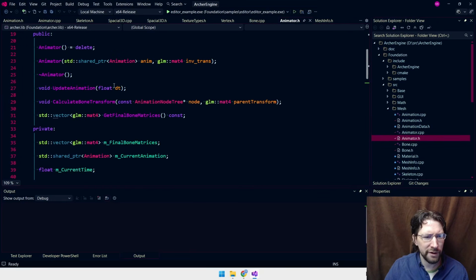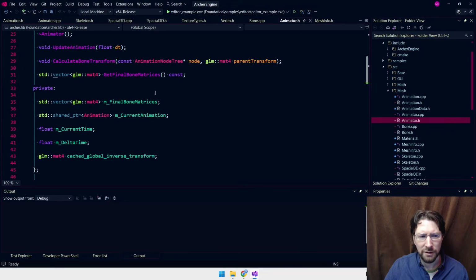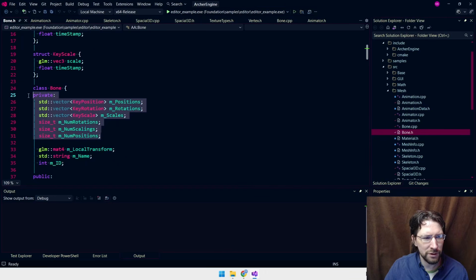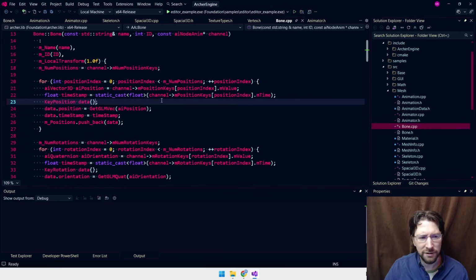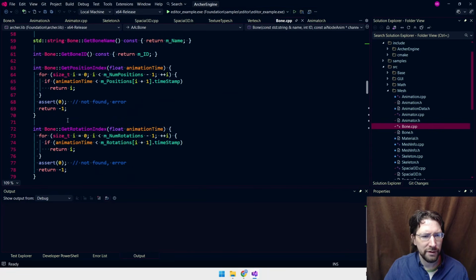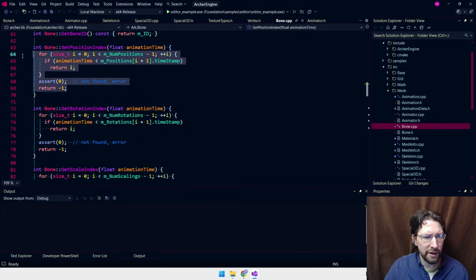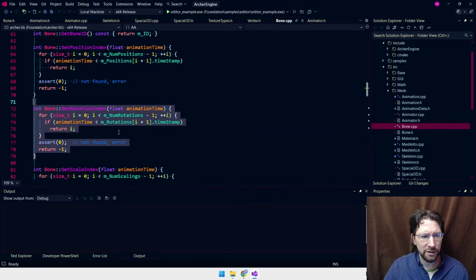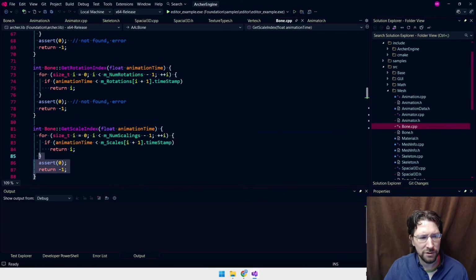For one thing, I noticed that the way I'm doing the bones was too limited. There's something about these key positions and the way they did all this position and scaling math that doesn't quite work right. Specifically in these areas where they have assert, there are some position index errors on certain animations. That's the main error I've found so far, but otherwise it tends to work pretty well.